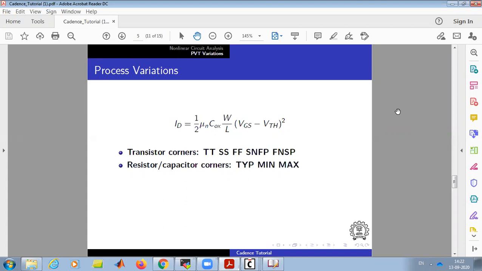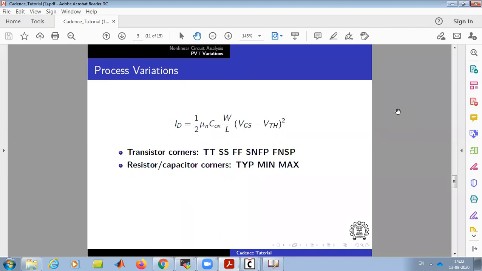Similarly, as you all know, when we make transistors, the process is like this: we take silicon, we dope it with n-type material, and then we anneal it. It is a process of heating. Only then do those n-type materials get activated. So not all n-type material gets activated. Only those dopants which kick out, say, silicon, get activated, and that contributes to the mobility.